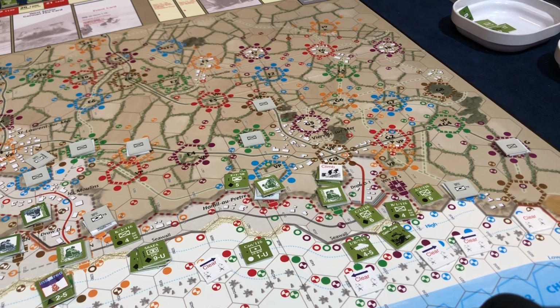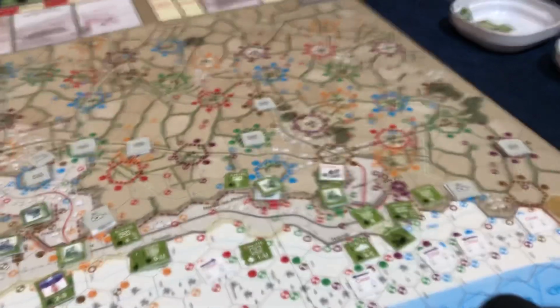Yeah, that hurts, because if we draw an orange, we're in trouble. There's nothing we can do. We've already fired all of our tanks to try to barrage this thing. Okay, so that's the west. So now we go to east,